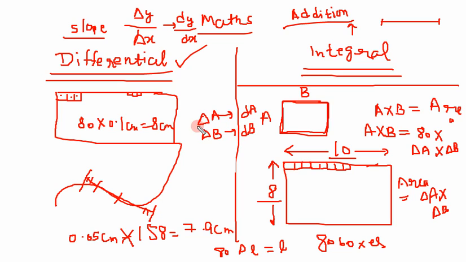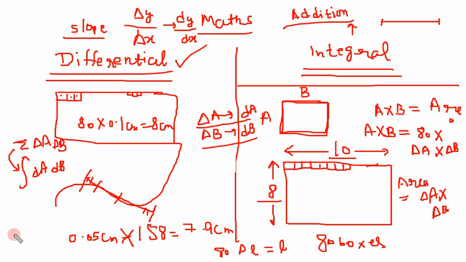We are not able to count them. Then what will we use to calculate area? This integral. Instead of summation, it will change into integration. Summation is delta A, delta B, and this integral is dA, dB, when we are not able to count.